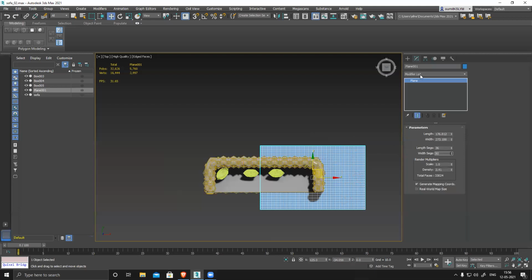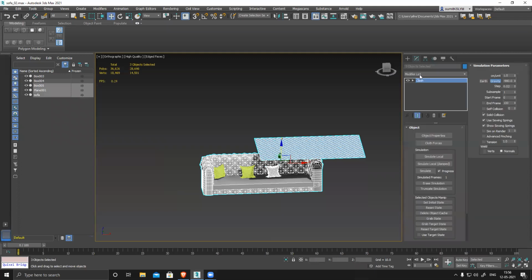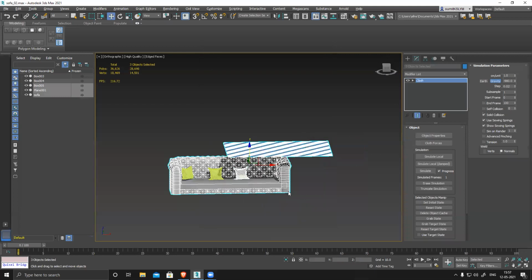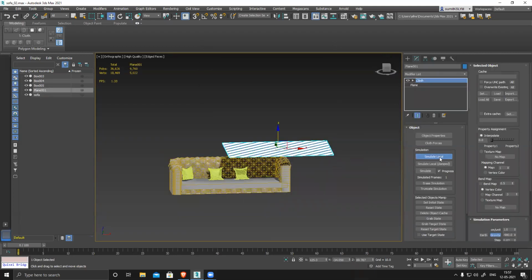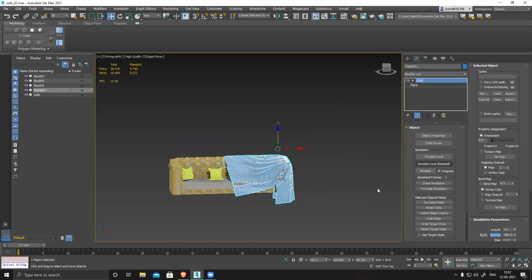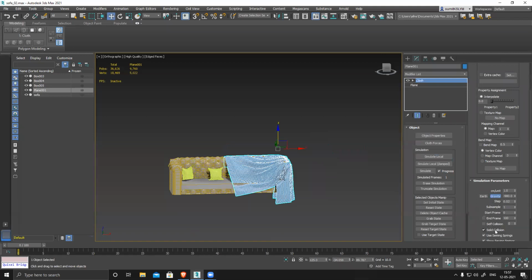That corner is not required. Cloth, object properties, box, collision; the plane is cloth, and the sofa is also collision. Simulate. Those intersections and all, I need to switch on self collision and simulate one more time.